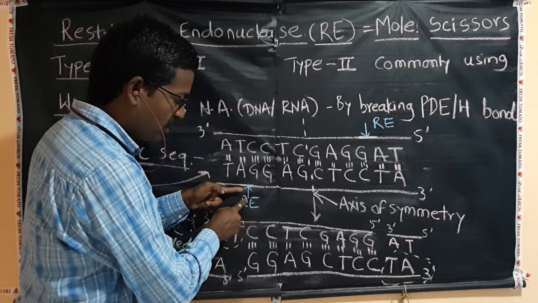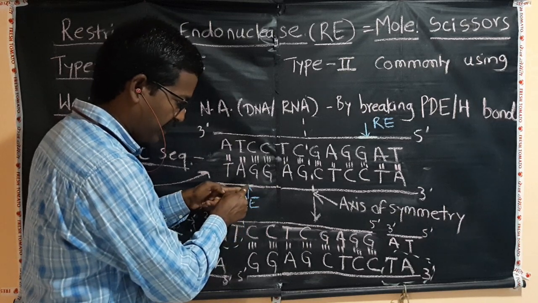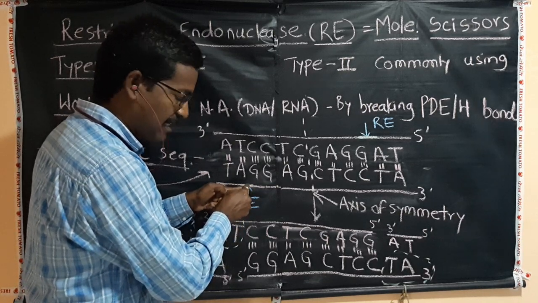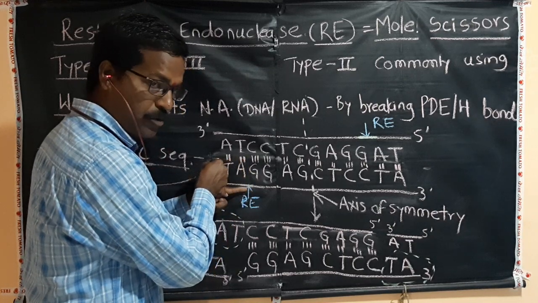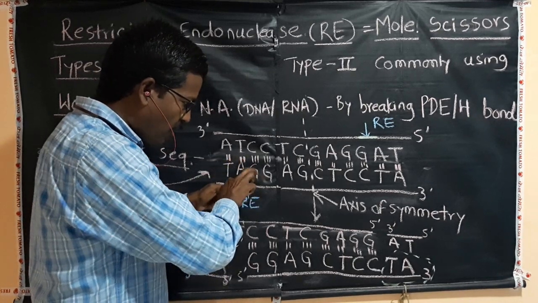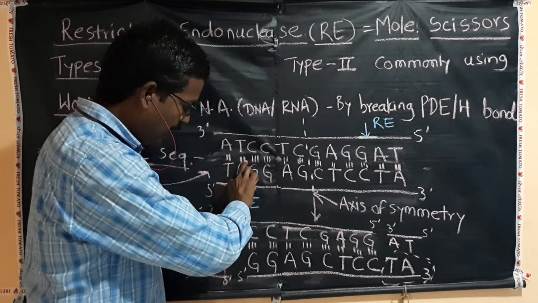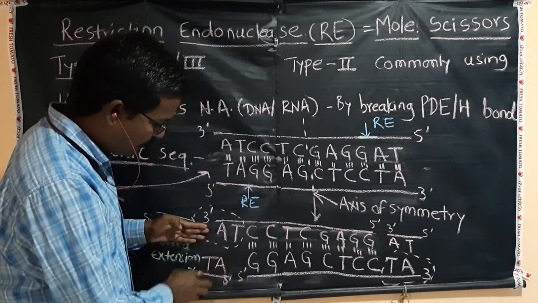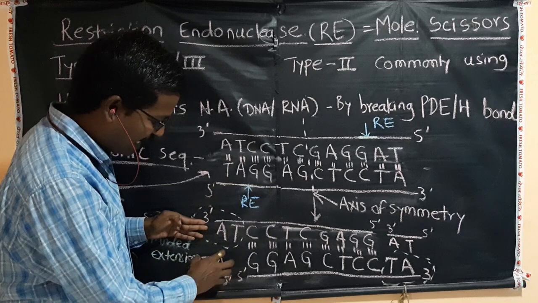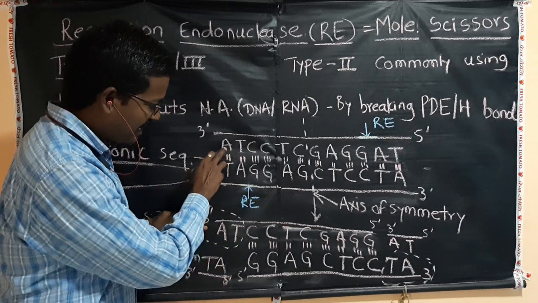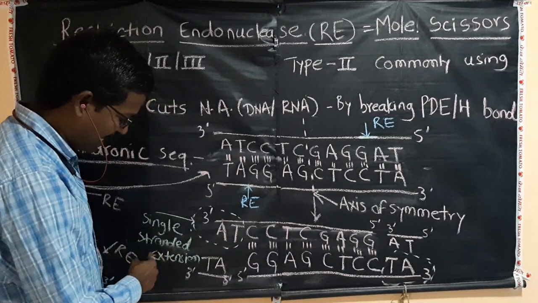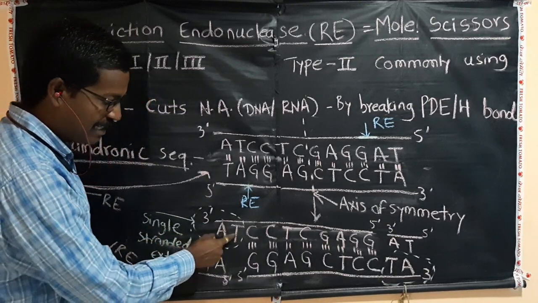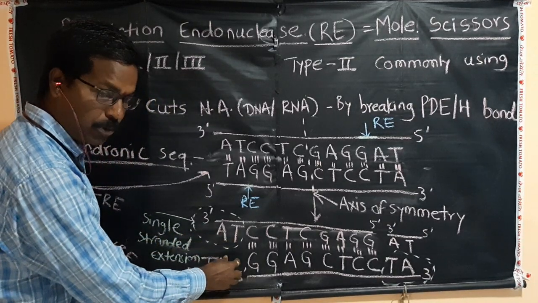So this restriction enzyme will cut the double stranded DNA here, that's the phosphodiester bond, as well as it will cut this side, the hydrogen bonds too. So it will cut the phosphodiester bond as well as the hydrogen bond, and when it cuts like this, you can find this downside nucleotide going to get separated, while this one will remain on this chain. So it is producing a single stranded extension. This is called a single stranded extension. There is no nucleotide down to this.